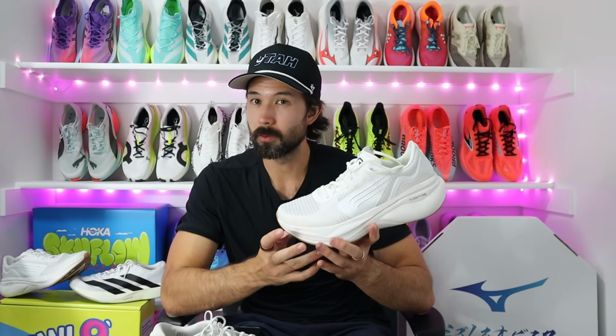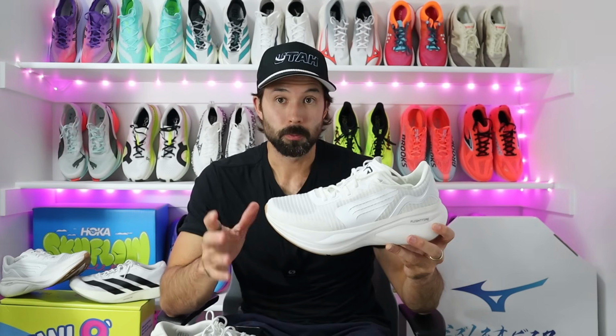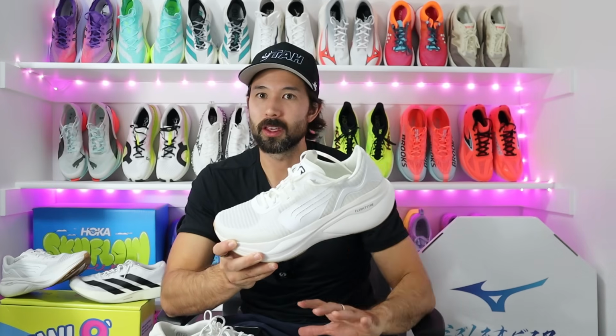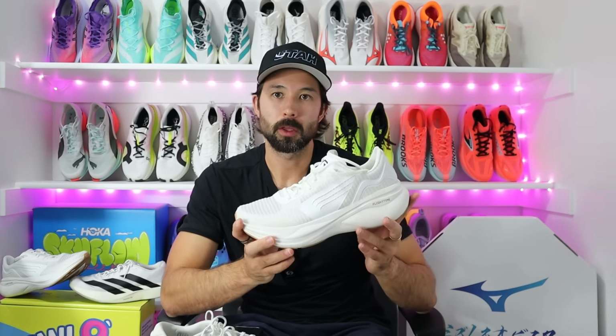I was surprised at the amount of ground feel I felt in the forefoot area. Now, that being said, it's really bouncy. It's very responsive. It's hard to go slow in the shoe. In fact, I think it's a lot easier to slow down in the Evo SL than it is in the Maverick. The Maverick pops off the ground really, really well,